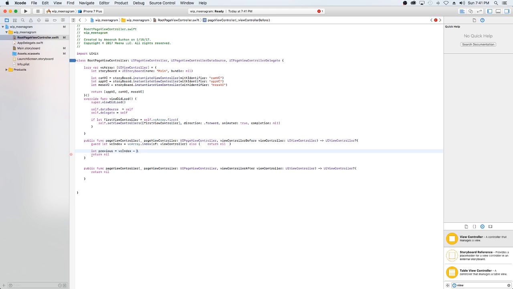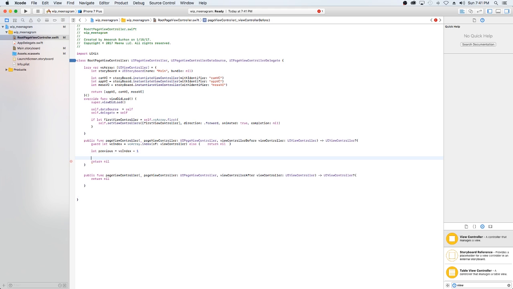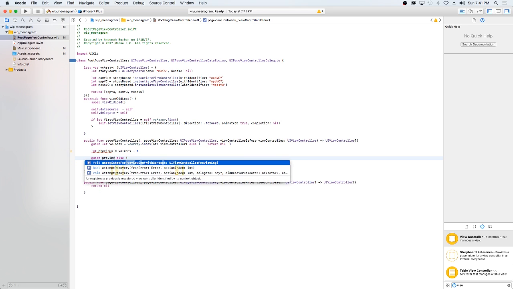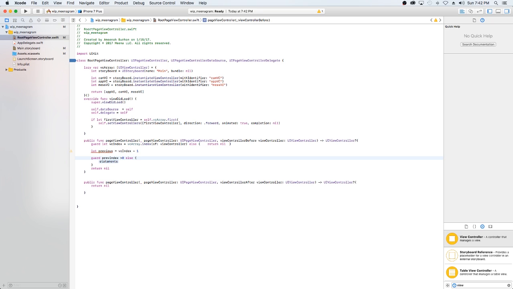Okay, I think we all agree. So if we're on view controller 1, the previous one will be 0. Hope that makes sense. Now, of course, we have to do another guard statement, which is going to be getting our count. We want to make sure that we're not out of bounds again. So let's say our previous index, so the value of this previous index, it needs to be greater than 0, else, greater than or equal to 0,